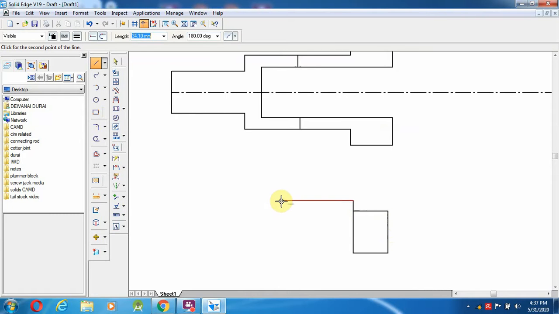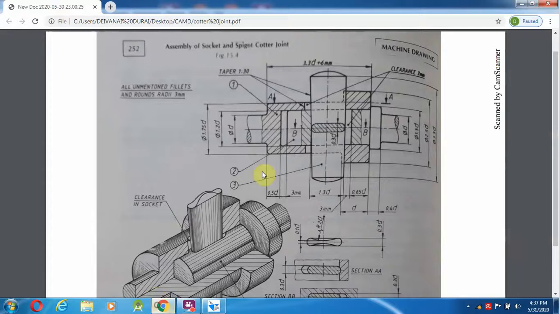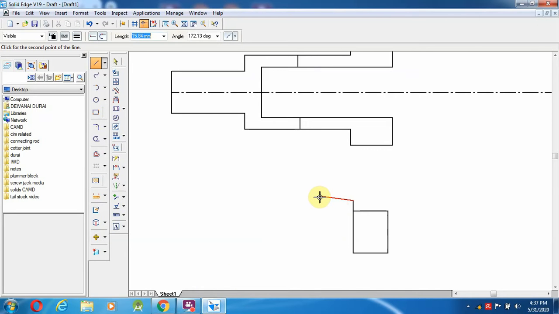And how much length does it have to go? So this has to be the length from here to here, that is 0.4d. So 0.4d we are getting as 8 mm. 0.4 into 20, so we are getting 8 mm.